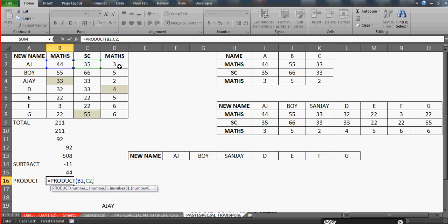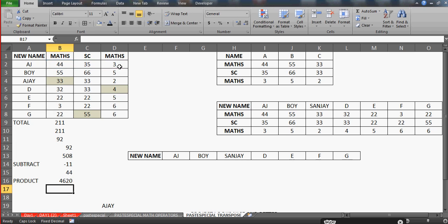Excel says that if you have pressed comma, then you need to supply number 3 as well. So let me select this cell. Now I can further go ahead and press comma and pass on the number 4, but if I don't have, then I simply close this. Just close the bracket and enter. So now this is how you can use the product formula, but people who are very good in Excel